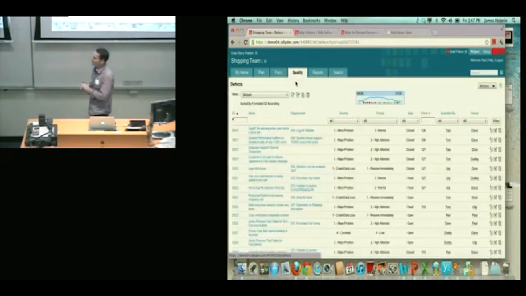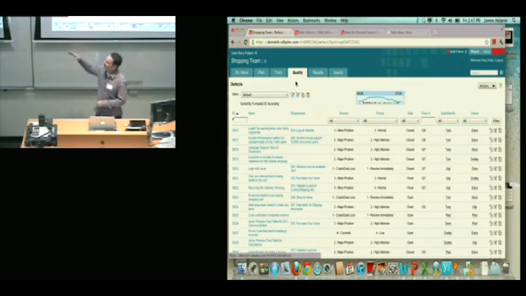So one other thing about Rally is it's really been designed as a very customizable solution, and one where you can really push the information in and out of Rally. So really it's designed to be the central source of truth. So we don't want you to go to all the different tools that you've got out there to try and get an accurate status of where you're at.